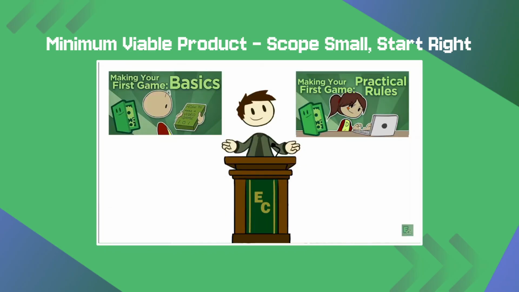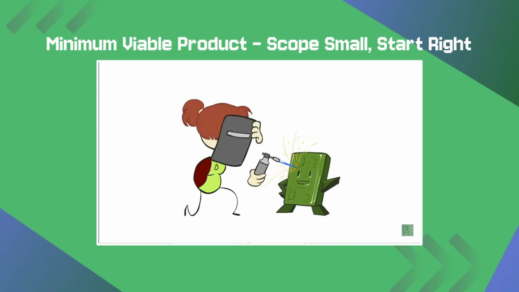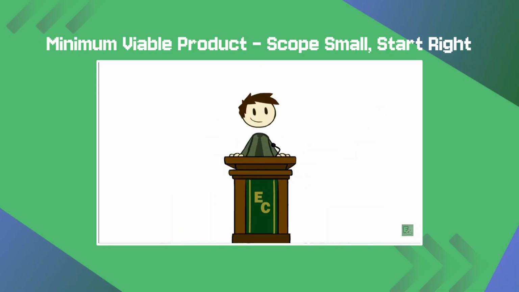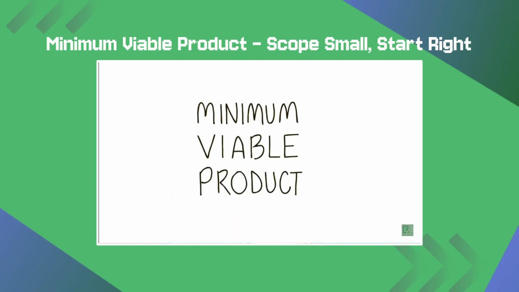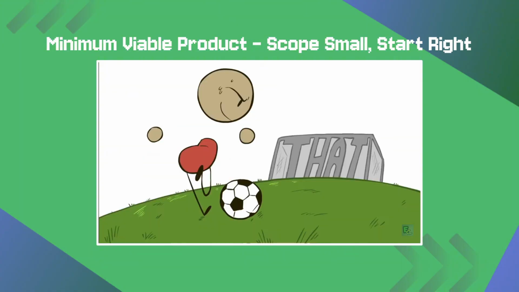During the last 2 episodes, we've stressed how important it is to make your first game something small. But this is so important that this time we're going to dedicate the entire episode to it. This will serve you in good stead not only when you're creating your first game, but also when prototyping for anything else you do. In development, there's a term called minimum viable product, which refers to the smallest thing you can possibly make that'll still give you useful data once released. That should be your goal.